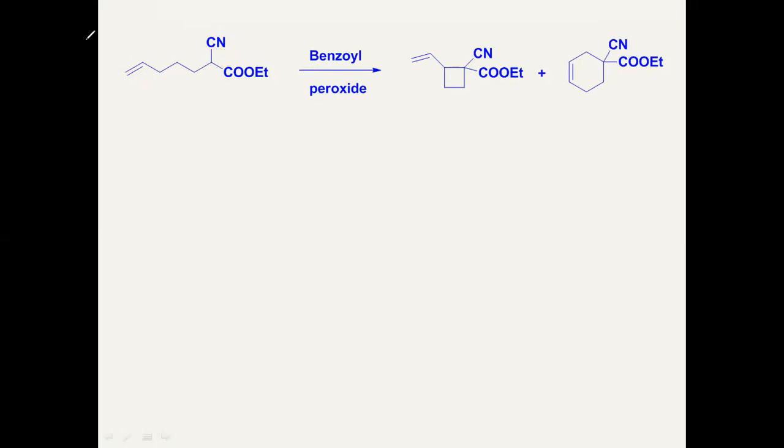And then simple cyclization will give this product. How will this form? Once radicals are generated here at two places, this bond undergoes homolysis, and there is a formation of a radical here. Radical and radical will form a bond, and this cyclization takes place and they will form a six-membered ring.